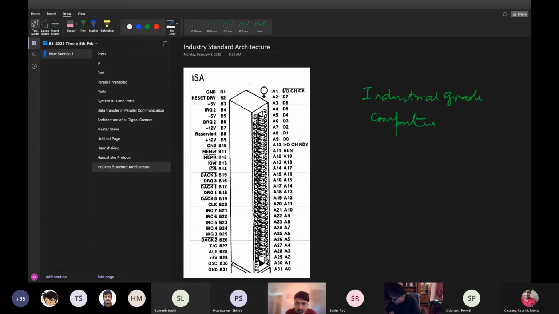This is a 16-bit architecture. You can see how it is 16-bit. No, EISA is 16-bit. This one is 8-bit. This is an 8-bit architecture. D0 to D7, you can see this is the address data line. So 8 bits of data, as you can see here. So how many address lines are there? 20 bits of address line, A0 to A19.